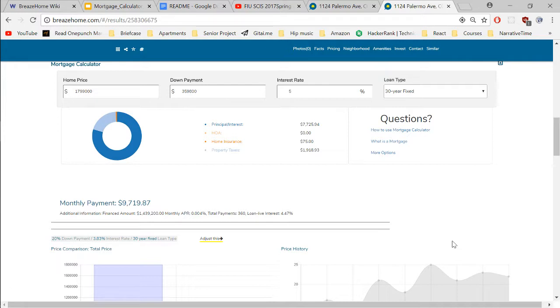This is taking the information from our database and presenting it to the user just like in the main tool. It features a pie chart, calculator tool as I like to call it, and it's also going to respond directly to our user's input. It also features the monthly payment that one would have to pay, and the pie chart also shows each payment as a fraction of the total. Now if we go to another property,